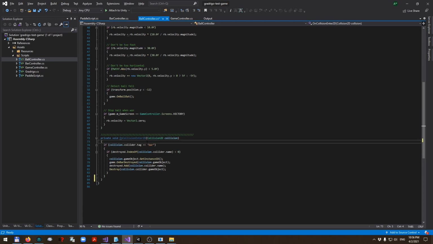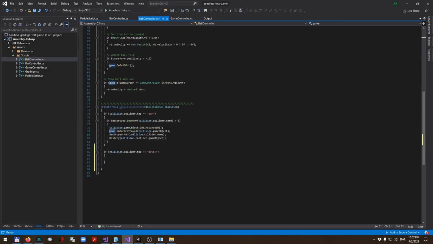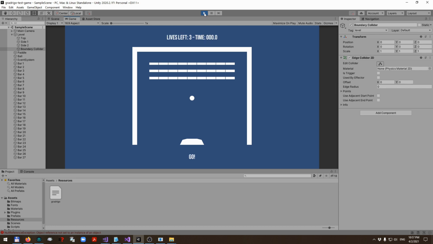So in my ball controller, which is the script which handles the behavior of the ball, I am going to expand my previous implementation of onCollisionEnter2D. And when the ball collides with the object with the tag level, I simply invoke the method called startVoice from the game controller's Gradrigo. And as a parameter, I will put the name of the box I want to play. And what we're about to hear are the sounds generated by Gradrigo